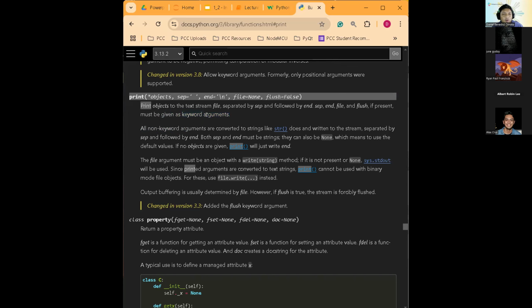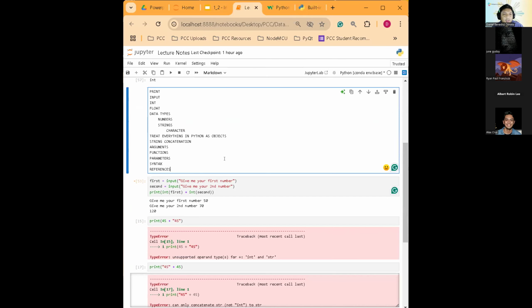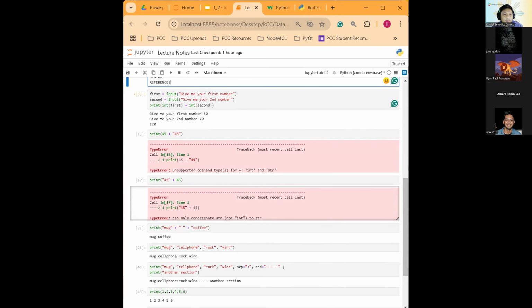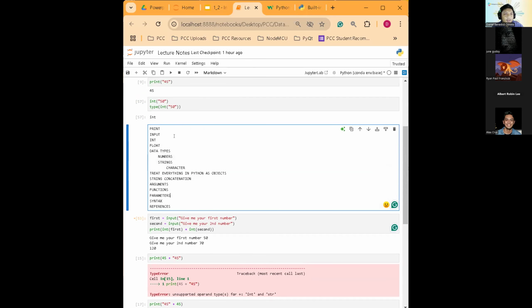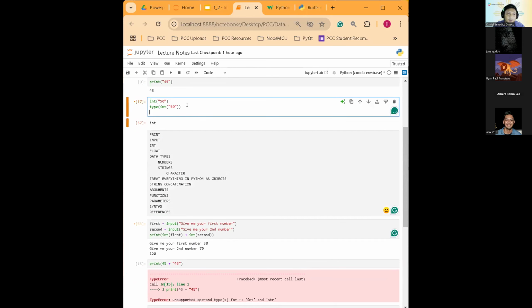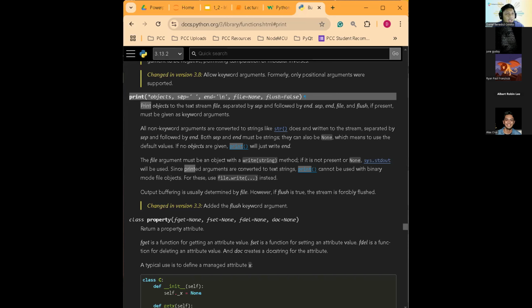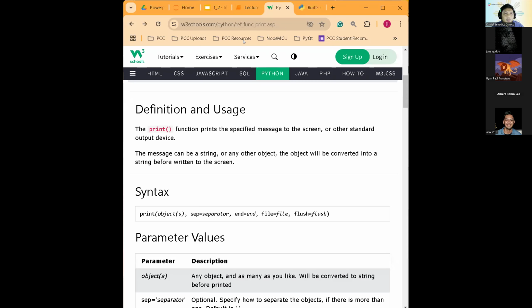So what are keyword arguments? This is what we were doing earlier. You are specifying them by name. For example, print, and then you have one object here, mug, and then you are specifying the sep parameter. That is the keyword, so that is a keyword argument. You are specifying directly the name of the parameter. Oh, by the way, if you're curious what happens if you swap them out,